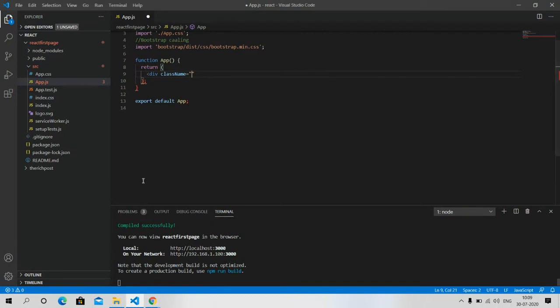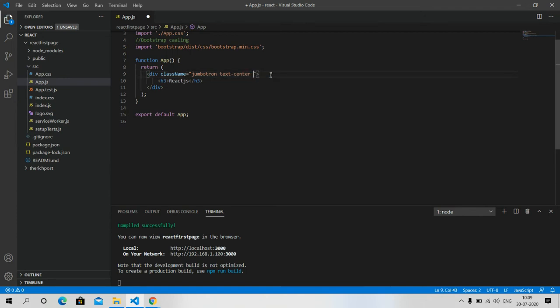So friends, now we will see Bootstrap. Here is our Bootstrap default div, with the Bootstrap class name jumbotron text-center bg, and friends, I will remove this.